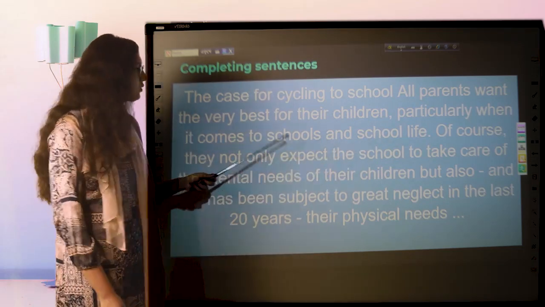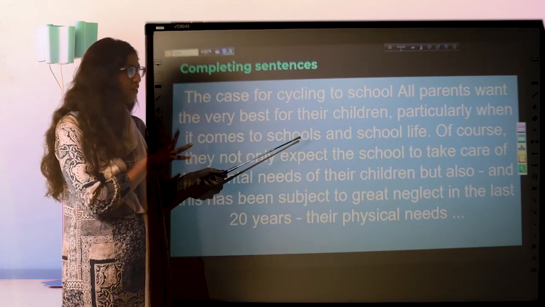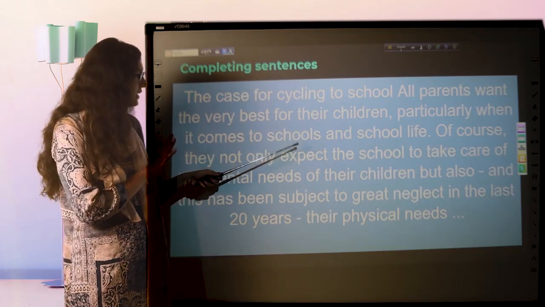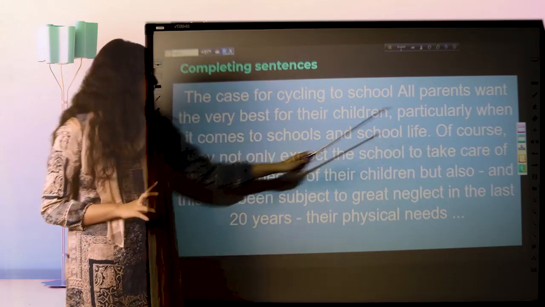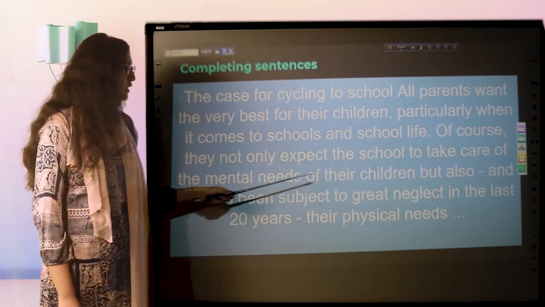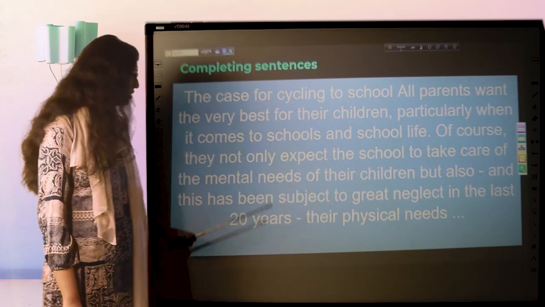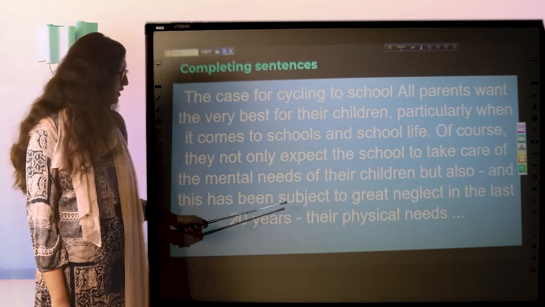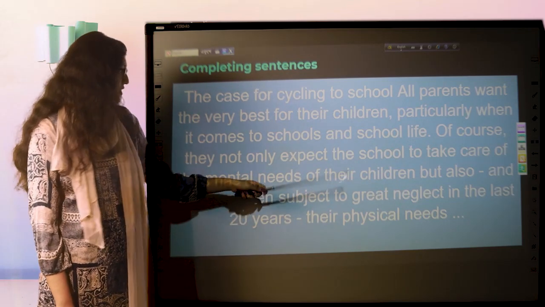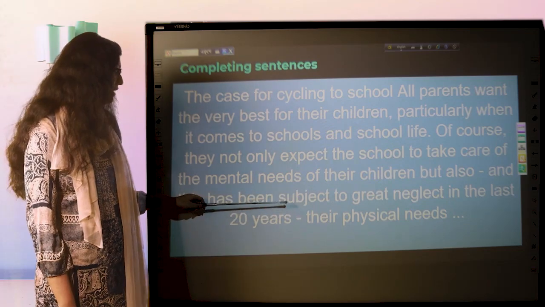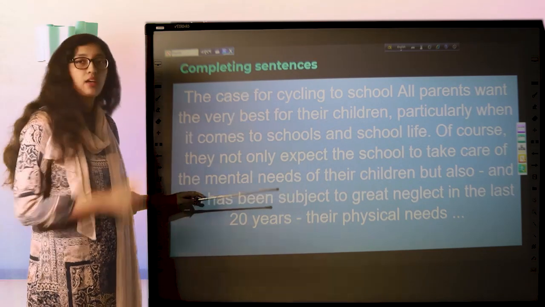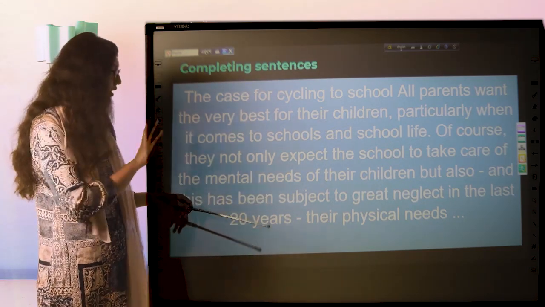So far we have nothing related to school being guilty or needs of children yet. Next line, of course, they not only expect the school to take care of the mental needs of their children, but also, so they're saying that the mental needs and physical needs have to be approached from